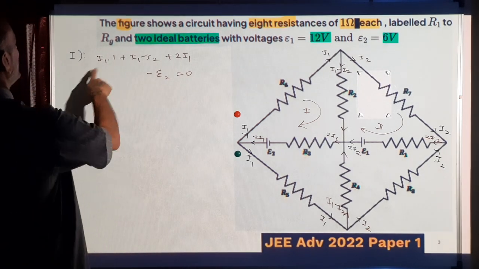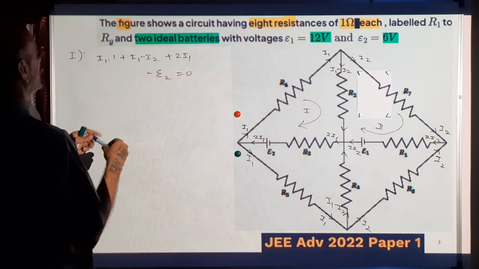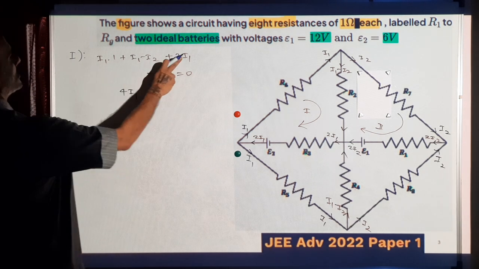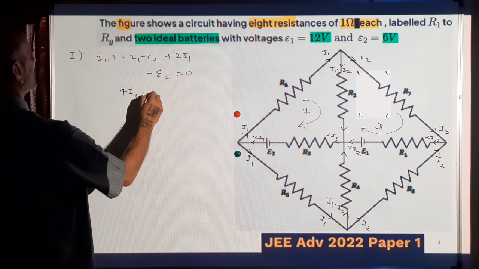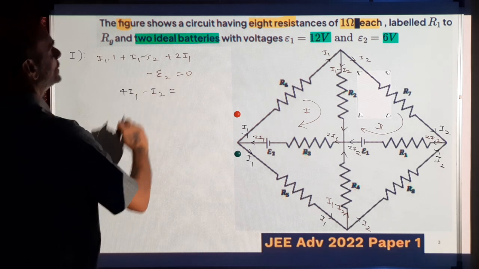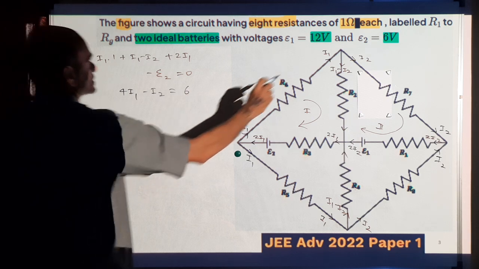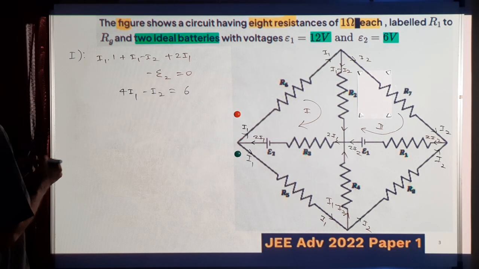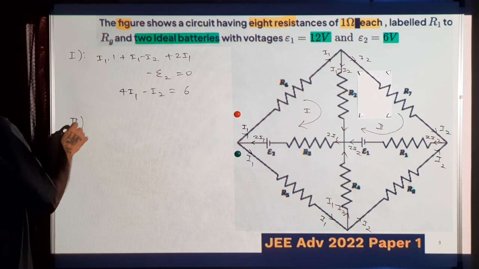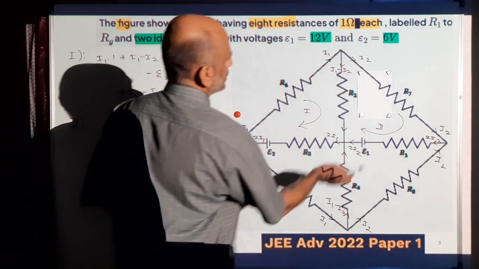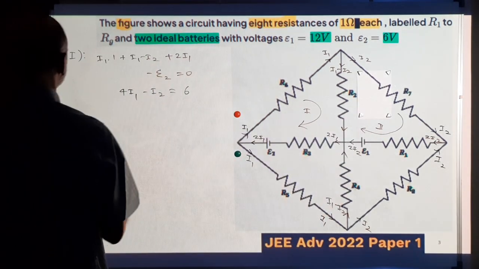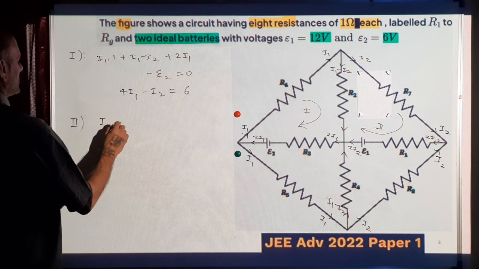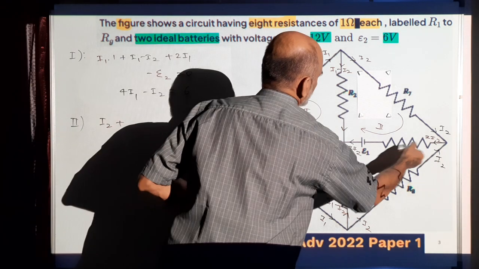So we have I1 plus 2I1, so it will be 4I1, and then minus I2 equal to E2, which is 6 volts. So this is one equation. And in the second loop, applying KVL, the drop from here to here is I2 into resistance 1 ohm, plus the drop from here to here is 2I2,